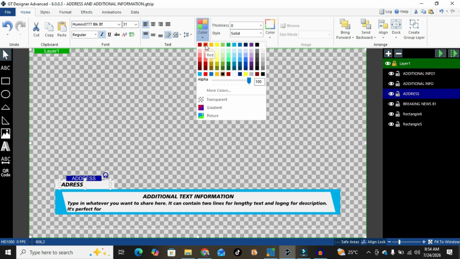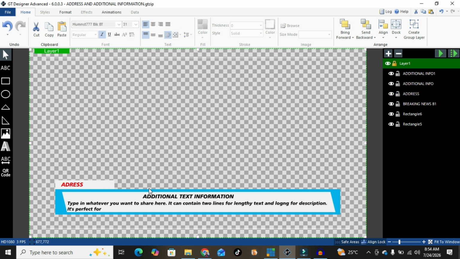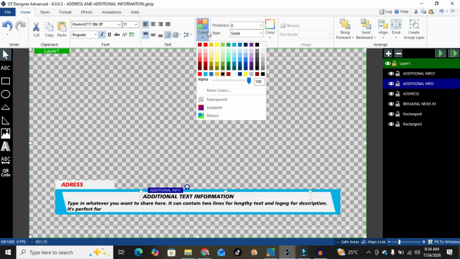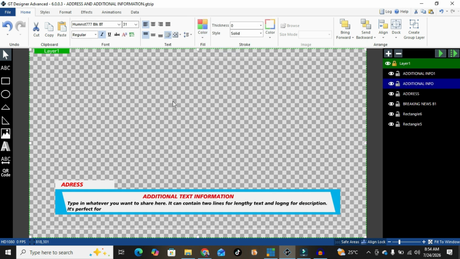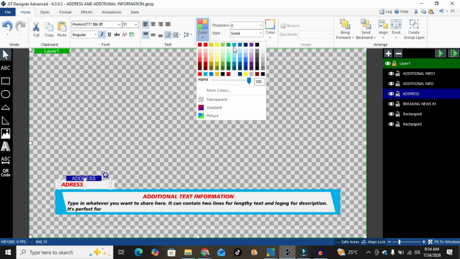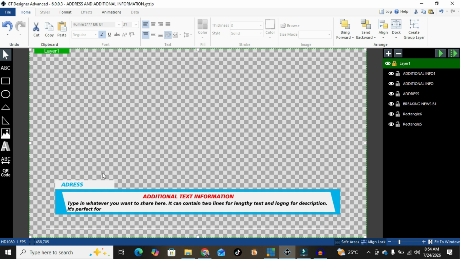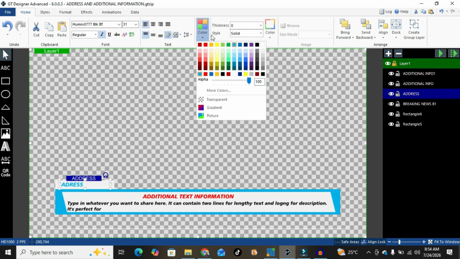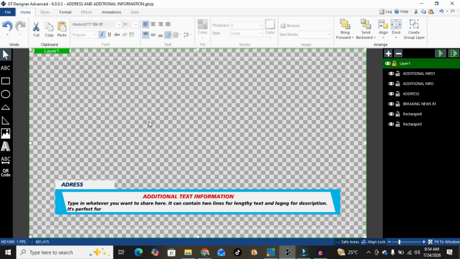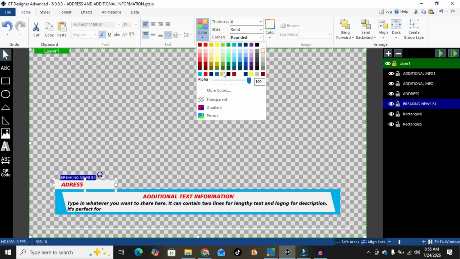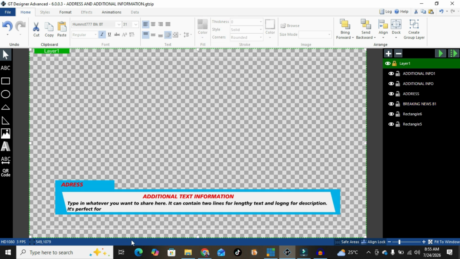I drag it to this side a little, then I click the rectangle, and then you can change the color and shade.